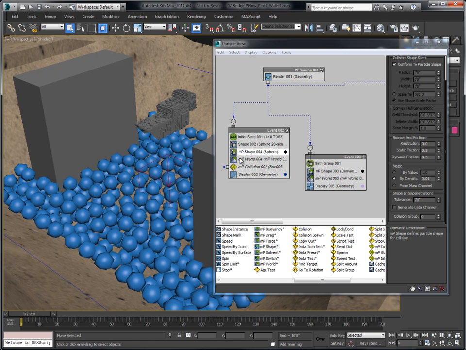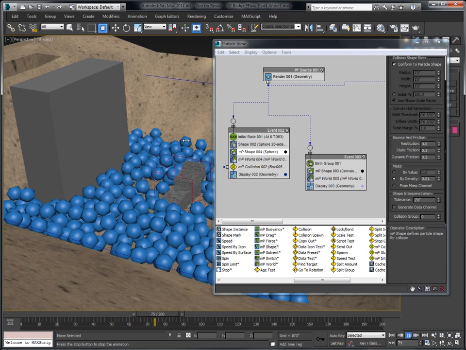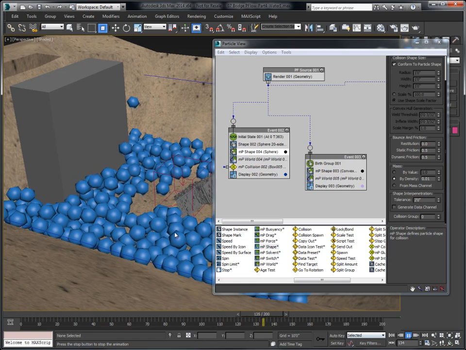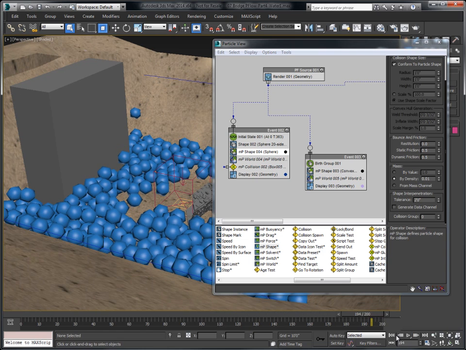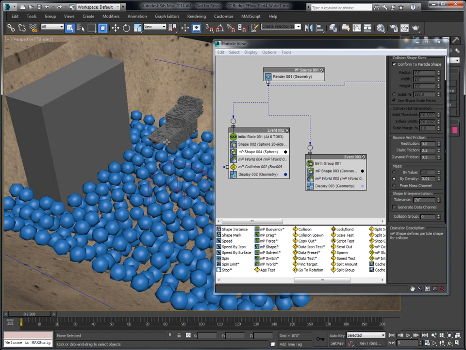Of course, the smaller the particles are, the better simulation you're going to get, and the more watery it's going to look. But right now we're going to live with what we have. I'm just showing you the basic idea. We have this object falling into the water and interacting with the water and pushing it away, and that's what we want. So what we would like to do as well is that when this hits the water, we would like to create some kind of splash